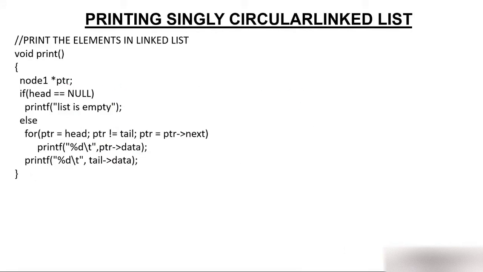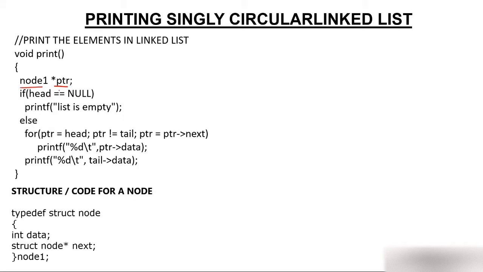Now in the print function you have created a ptr having what data type? node1. What is node1? I'm again explaining that whenever you create a linked list, you have to create a structure. I've created a structure with the name node. There are two parts: one is data, which is of integer type, and one is a pointer, that is the address of struct type. Why struct type? Because this address is not a simple address. This address is the address of a node itself, and node is of type structure. Because of this it is called a self-referential